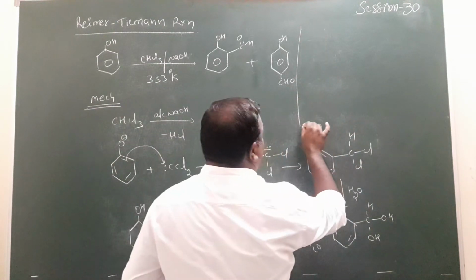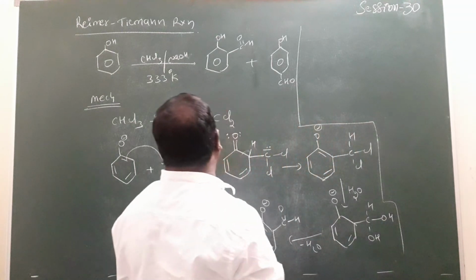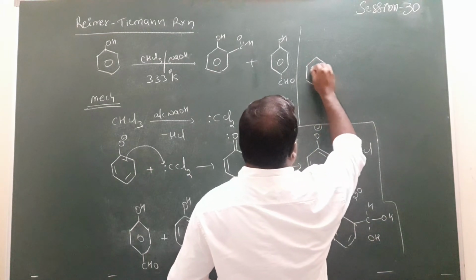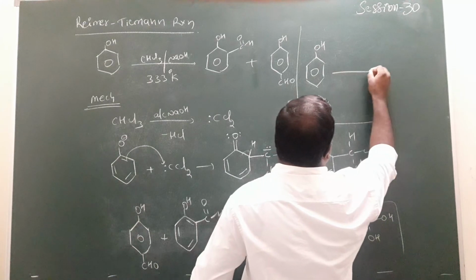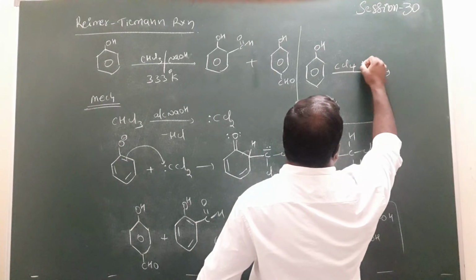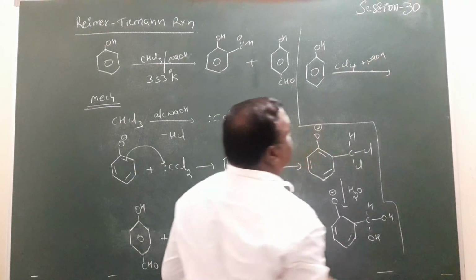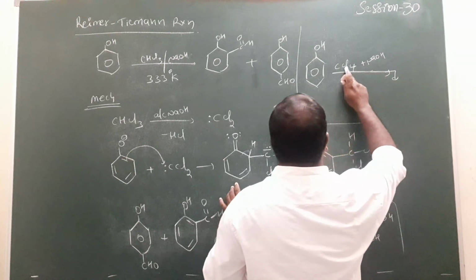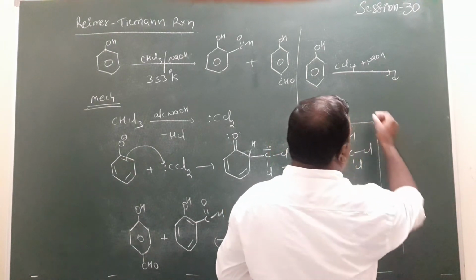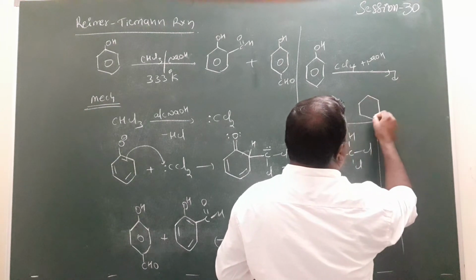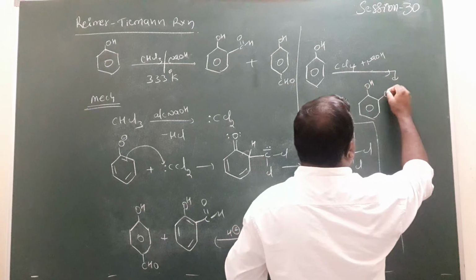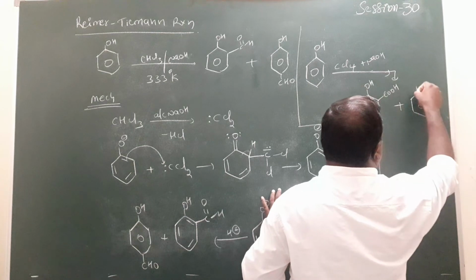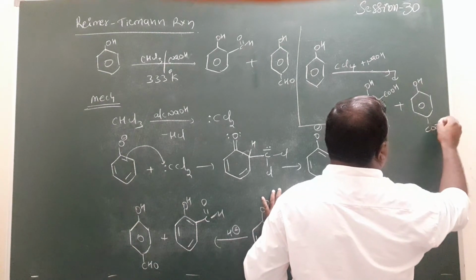So already I told you, if you change the medium, which one? Chloroform medium. So here the phenol compound reacts with carbon tetrachloride in the presence of NaOH. What type of products are formed here? Here how many carbons, chlorines are more? 4 here. That means here OH, COOH, salicylic acid, para-hydroxybenzoic acid is formed here.